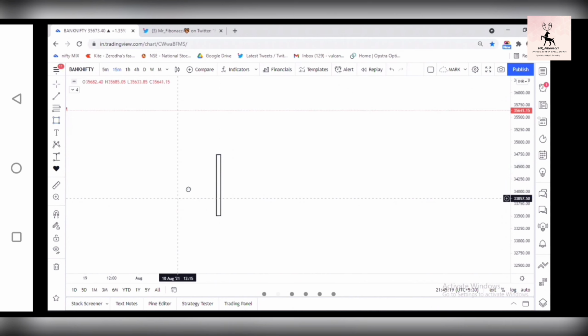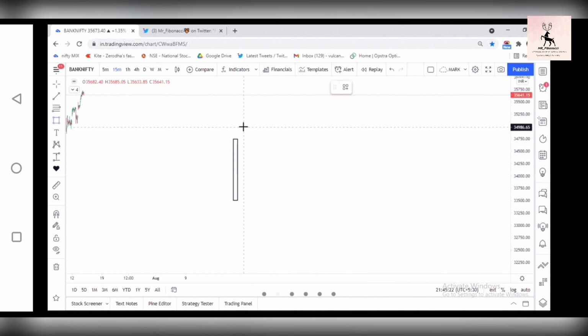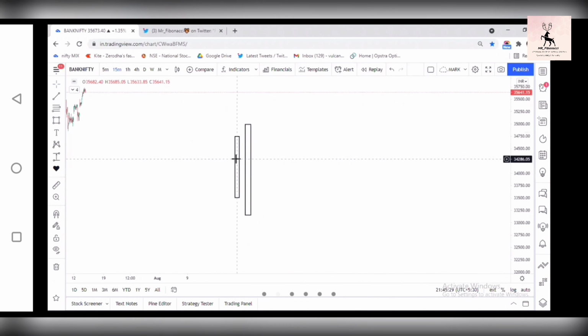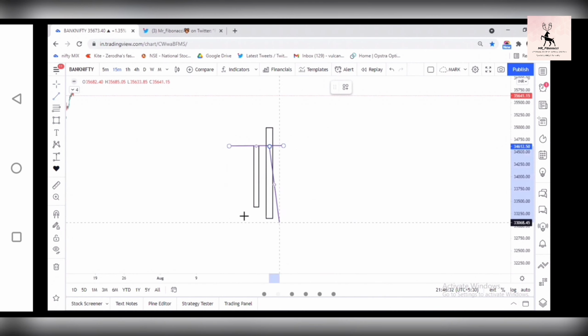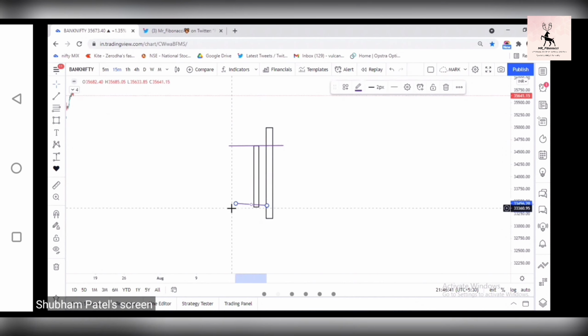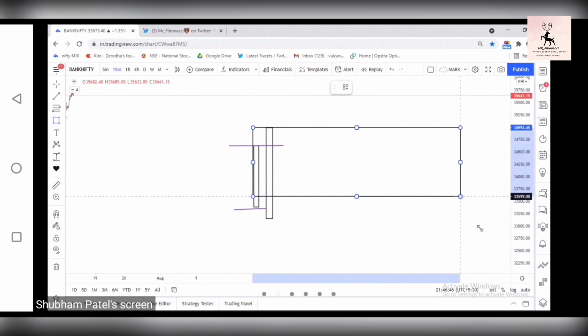Now today's discussion will be about consolidation. So just assume that was my first candle and second candle. What it just did there, it took both the upside and lower side stops of the first candle. See, both sides of the stop of the first candle were taken by the second candle.